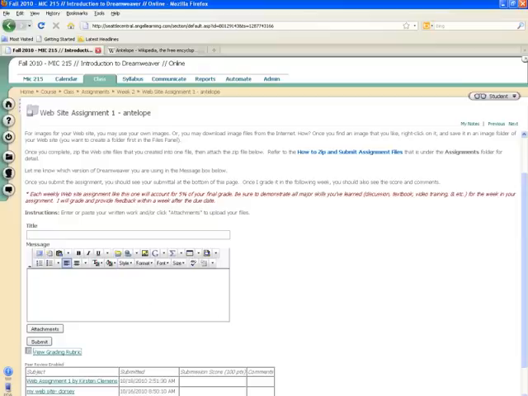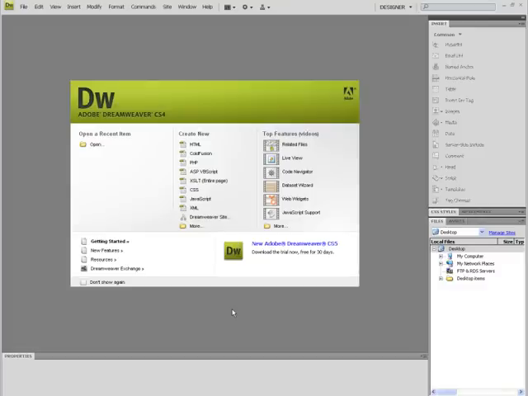so let's start. So here's Dreamweaver. This is CS4, and CS4 and CS5 is fairly similar, especially at the beginning. So if you're using CS5, you're not going to see much difference from CS4 at this level. So that's, but anyway, all right,